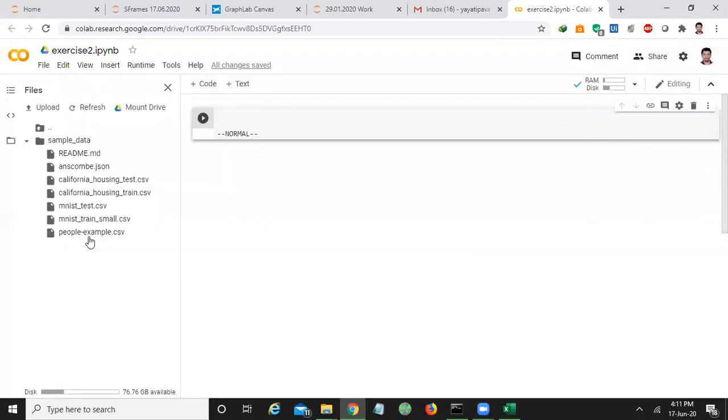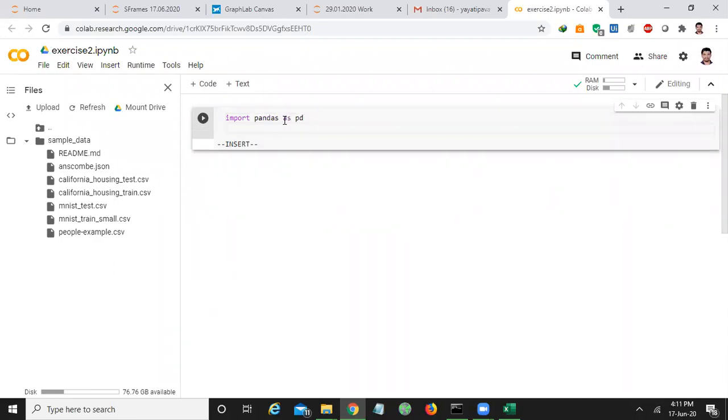So here people_example.csv has been uploaded. Now type here: import pandas as pd. Here it gives suggestions directly.